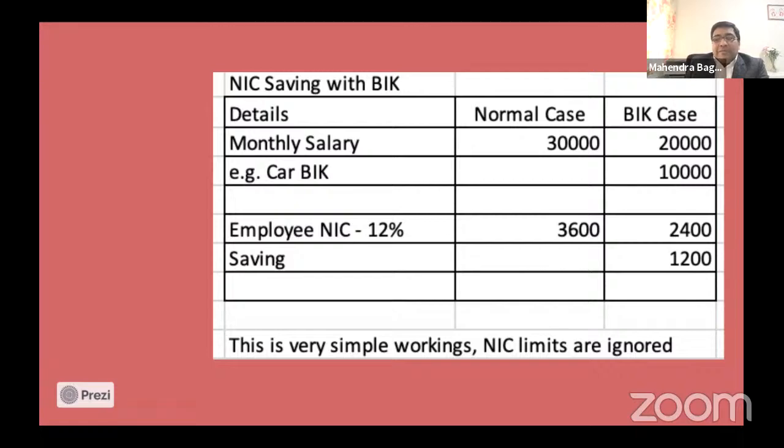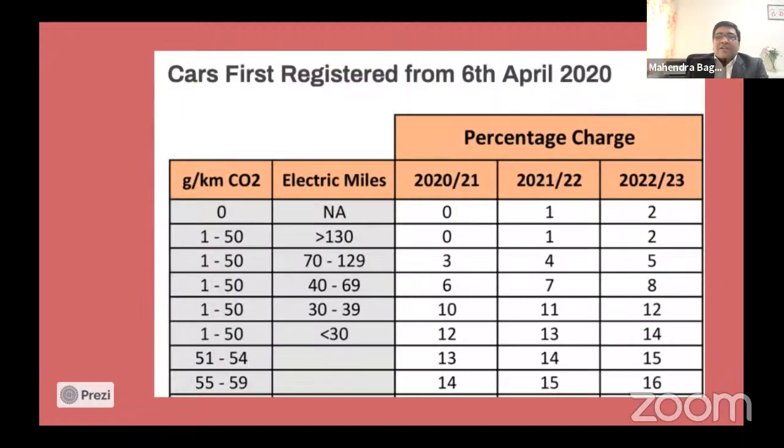Company cars are being used historically as an option for rewarding employees, and also as a sort of tax planning. Now, the government has announced a lot of tax efficient benefit in kind charges for electric cars, and I've just listed here on the screen a few examples from CO2 emissions 0 to